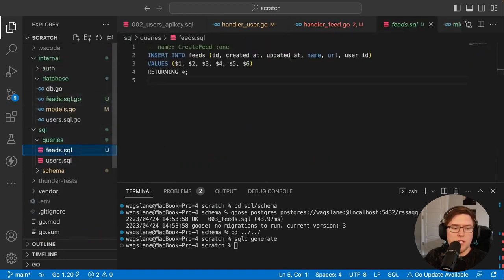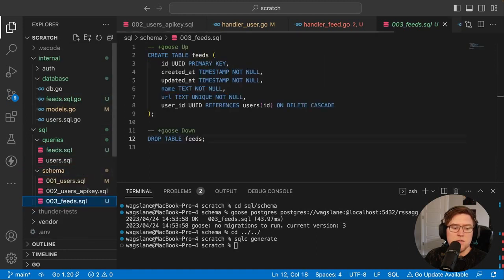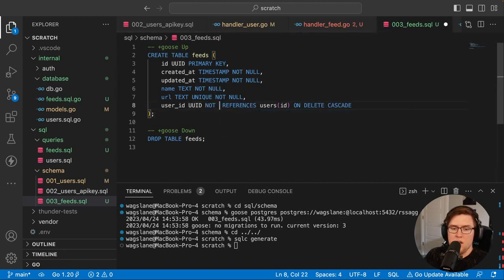I think, is it our migration? Let's go look. Schema, feeds. Yeah. user_id, UUID, not null. Cool. It doesn't need to be unique. A user can have multiple feeds, but it should never be null. All right. With that, we're actually going to need to go